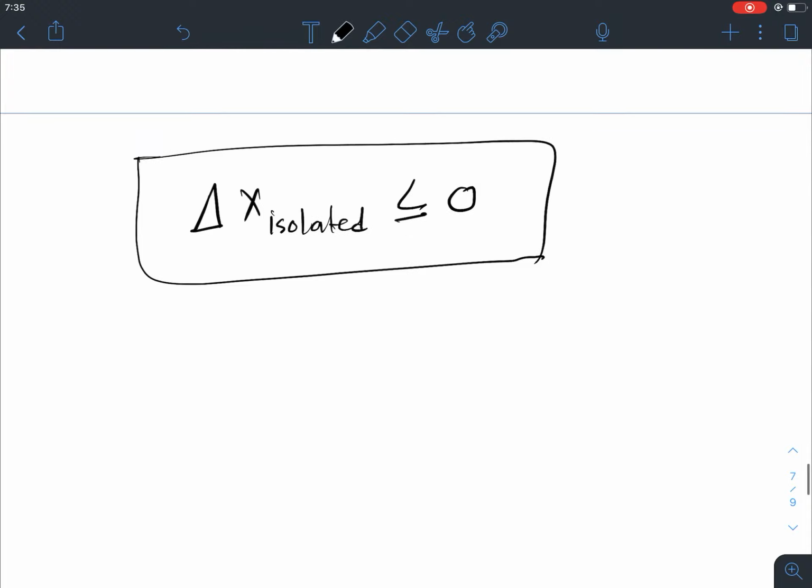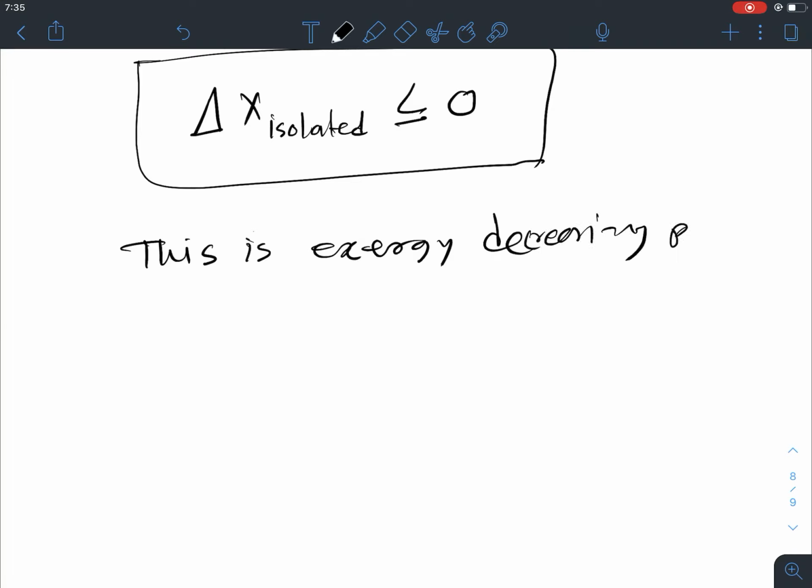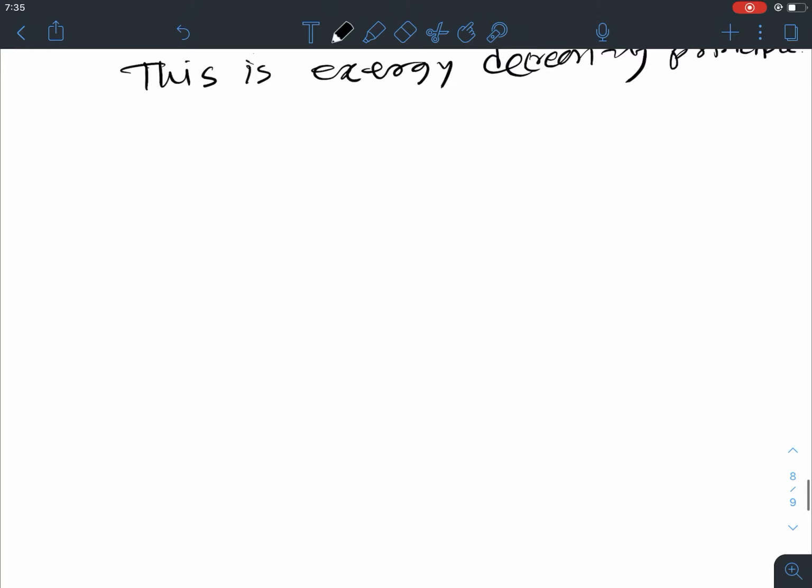So either it could be decreasing or it could remain constant, but there is no way that an isolated system's exergy will increase. So this is the exergy decreasing principle. Okay,